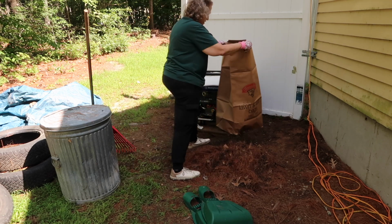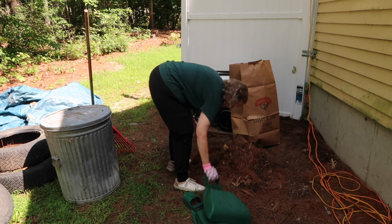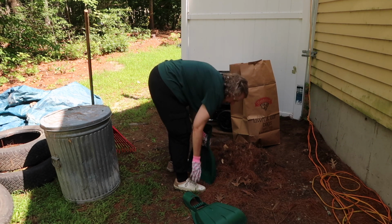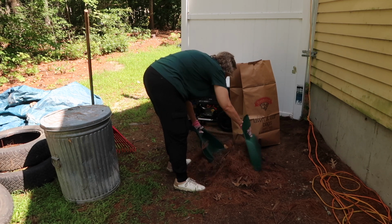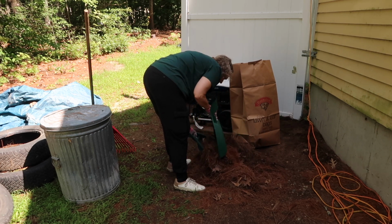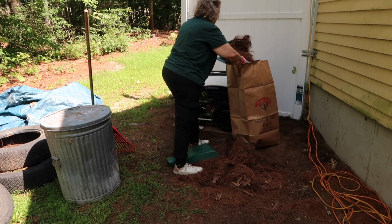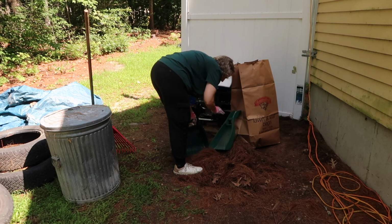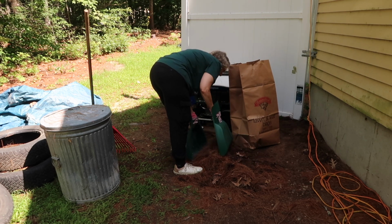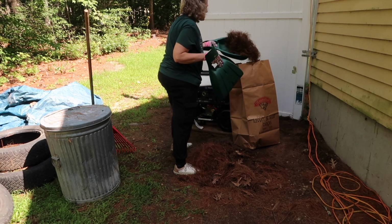Definitely priority is to get this pile cleaned up because, like I said, rain is on its way. Now, is this God's free mulch? Yes, but there's a lot of nastiness in it, so I know I'm going to get plenty of mulch with all the rain and wind coming. I don't need to use this. I don't need to pick out what's good. I can get my top layer when it falls over by my husband's